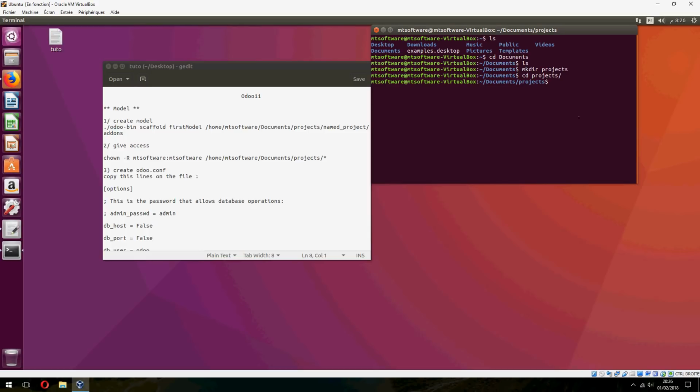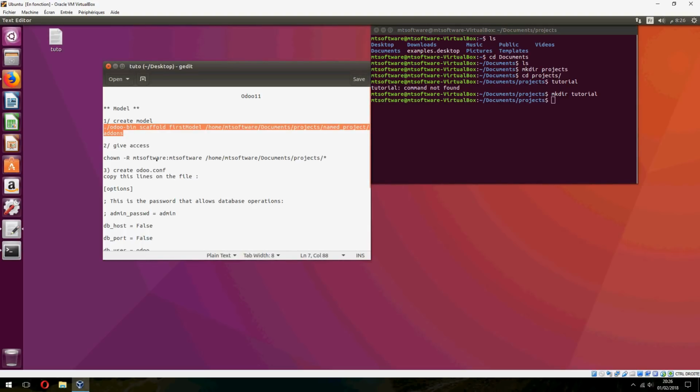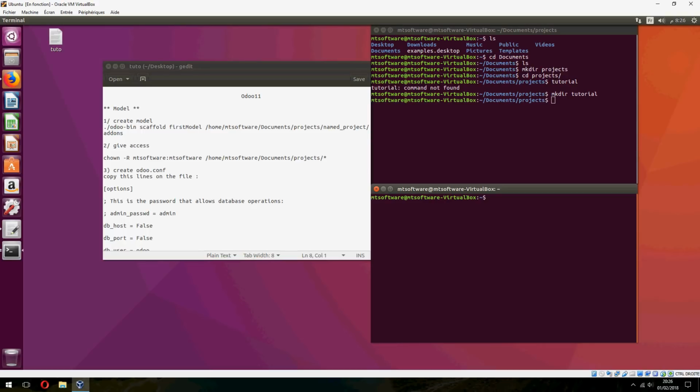For example, my first project I will call it tutorial. Okay. mkdir tutorial, and now we must be under the installation of Odoo to execute this command. So let's open another terminal and go inside the installation,